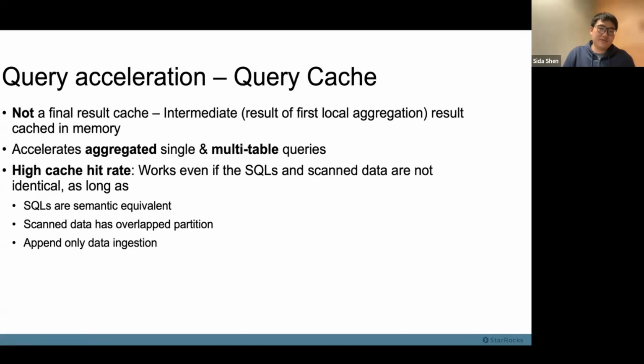Keep in mind that the intermediate result cache, our query cache, does not replace a final result cache. A final result cache works for point queries or unaggregated queries. StarRocks query cache works best, or actually only works, for aggregated queries. Because it's an intermediate result cache, there's still some computation left, but it does